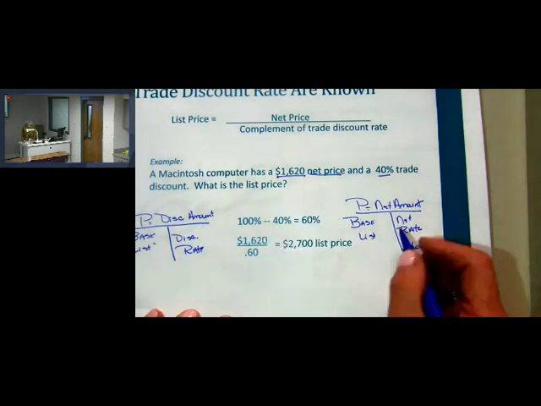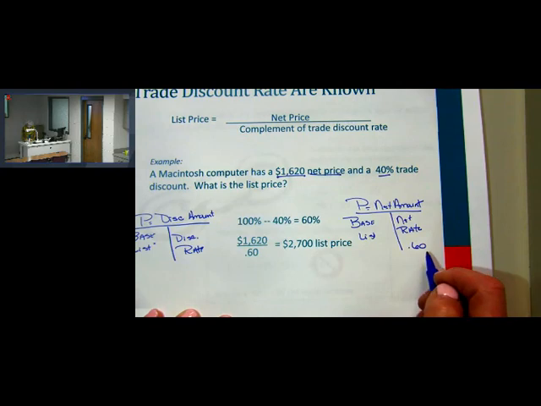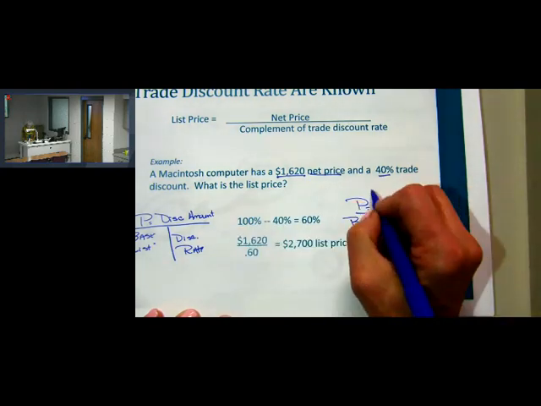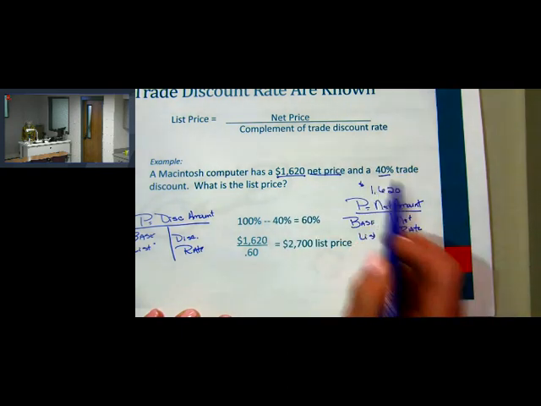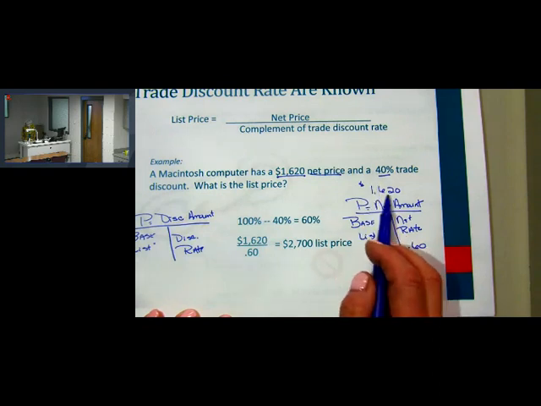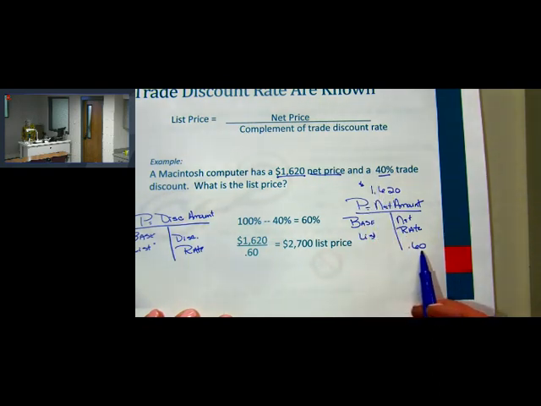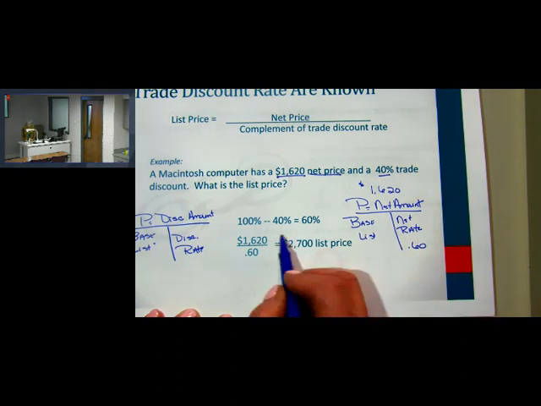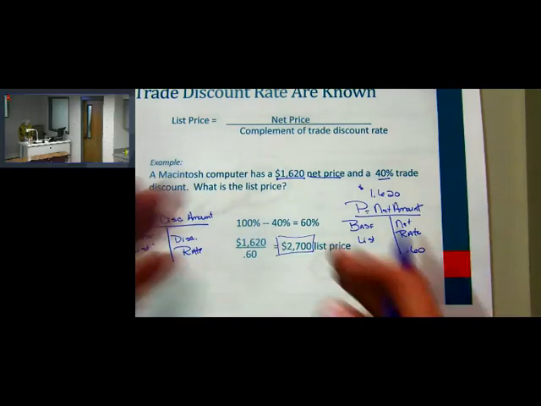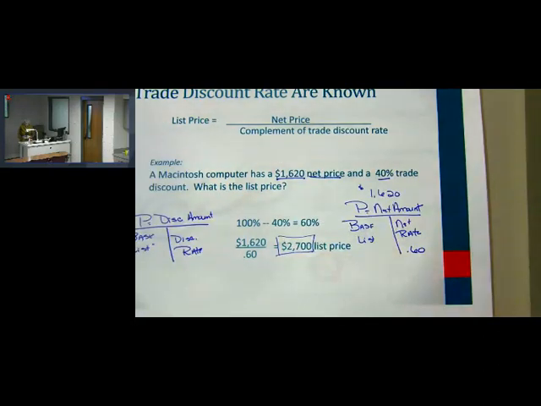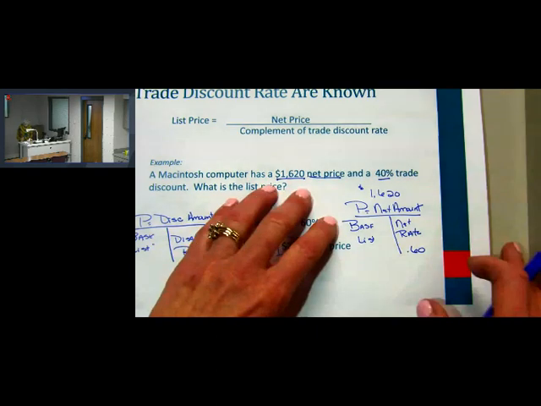My base here again, I'm sorry, we're not solving for the base. I know my net price here is the 1,620. That's given. I figured out my complement from the discount rate given. I divide that 1,620 by my net price rate, and I'm going to get, again, back to my list price here of 2,700. So again, you can see how helpful the complements are. If you don't do it this way, I don't know what you're doing. Okay, so there we go, using the complement, and again, using my pies. I know he didn't necessarily set these up in pies, but I'm going to always set them up in pies. It's easy on my brain.